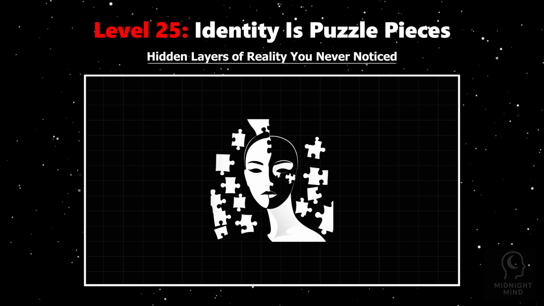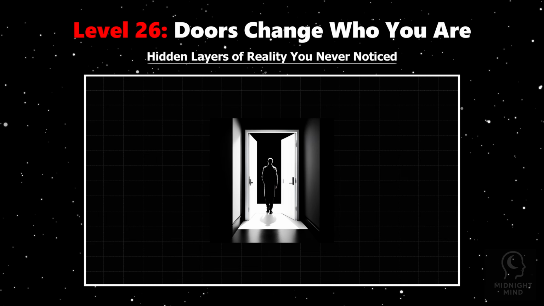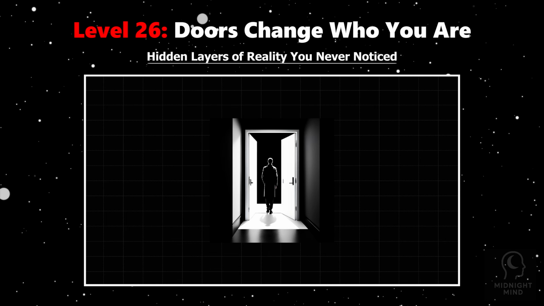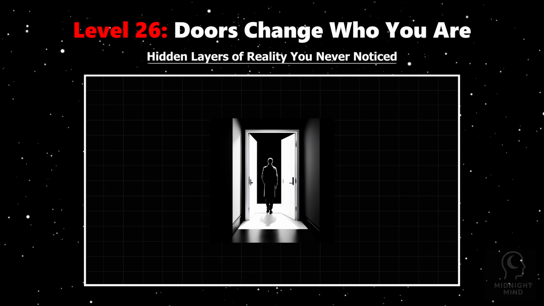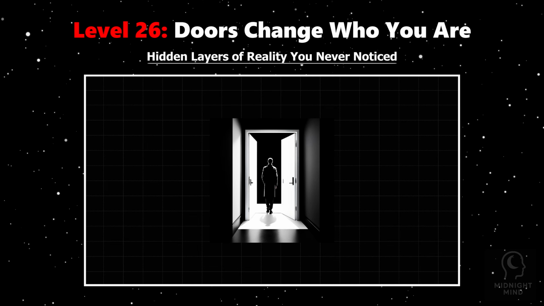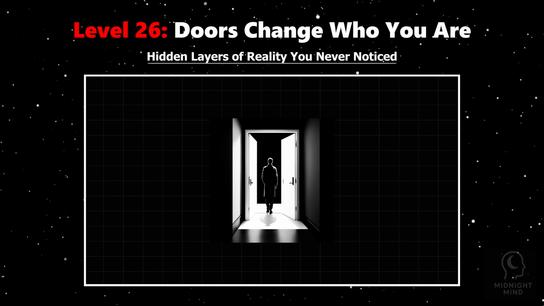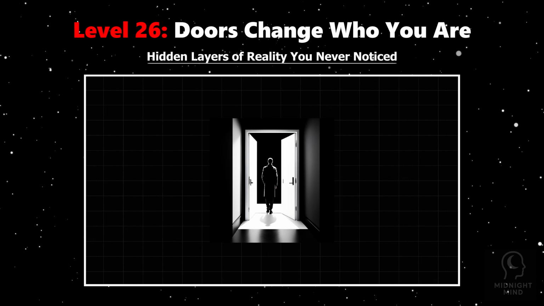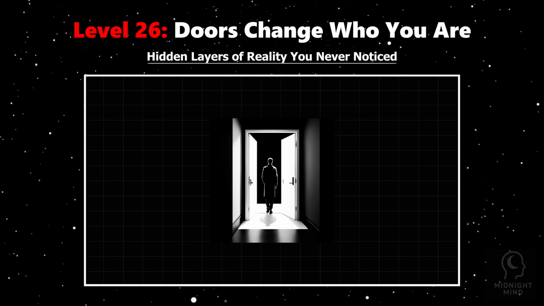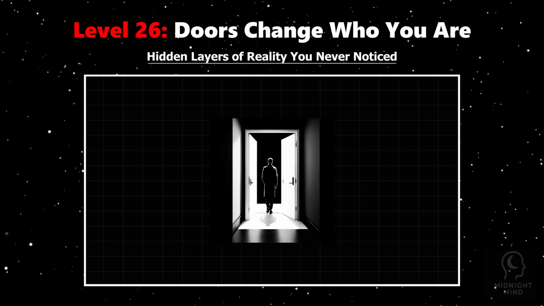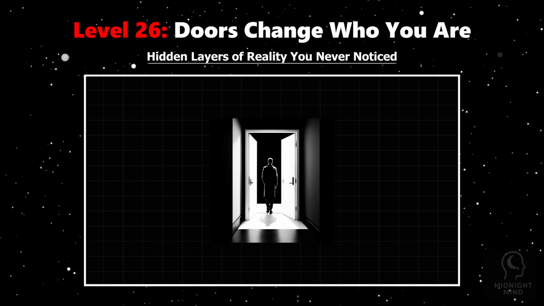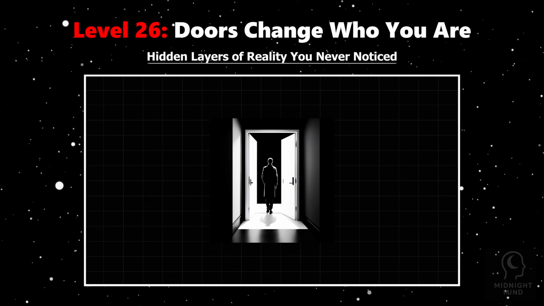Imagine stepping through a door and instantly becoming someone new, though your face remains the same. The moment you cross that threshold, an invisible shift takes place inside your mind. Every door you pass through, be it your home, workplace, or a hospital, does more than mark a change in location. It triggers a new mental script, rewriting how you see yourself and how you behave. These environments don't just reflect who you are, they assign your identity in real time. Psychologists call this phenomenon context-dependent behavior.